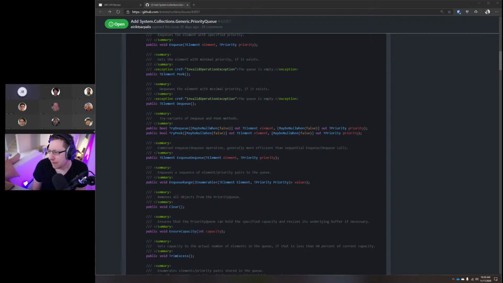So I have one question from chat, which is more a high-level question, but I want to ask it now so I don't forget it. Do we plan on having a concurrent priority queue? Because it seems like queuing is one of those areas that is pretty common in multi-threaded environments. Or do we think the concurrent queues already have an equivalent for that? I mean, unless someone comes up with a great parallel or concurrent algorithm for a priority queue that is way better than just locking around every operation, I think the answer is no.